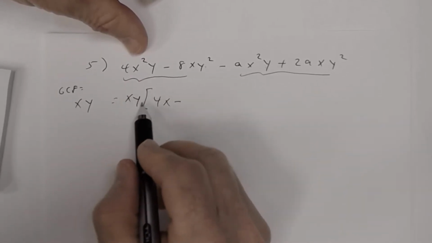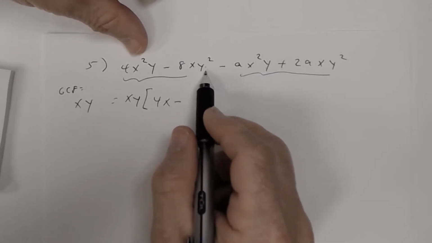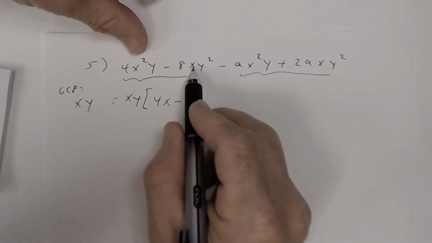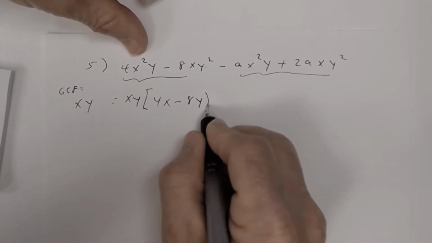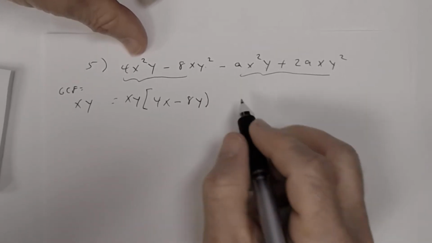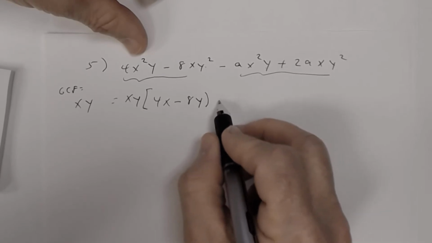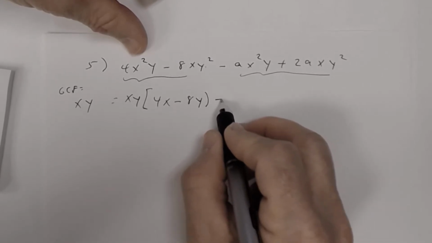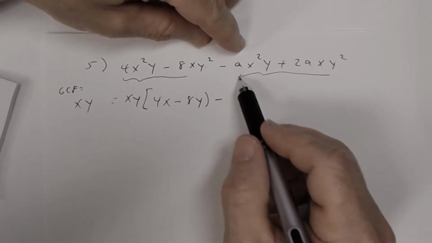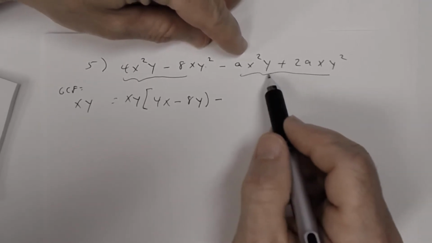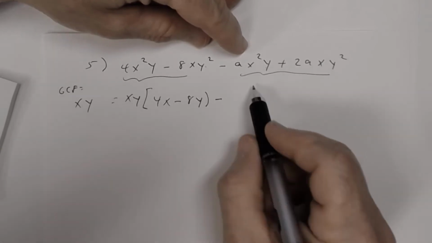Subtract. All right, xy times what is 8xy squared? It will be 8. I already factored out the x. I'm factoring out one of the y's, so I'm left with 1y. Okay? Minus. Okay, minus. And then over here, I get from this group, I'm going to get,